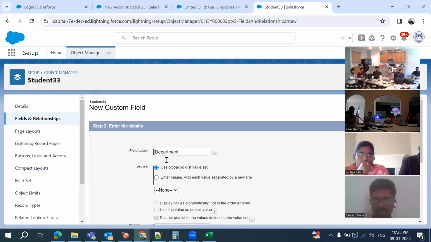So if I'm choosing the first option, then what happens? For example, the same department pick list field may be used in multiple places, in the student object and some other objects. Do you want to use the same department field? At that time, what we can do is create one field globally, and then you can use it in our student object. So generally, what happens, in the case of